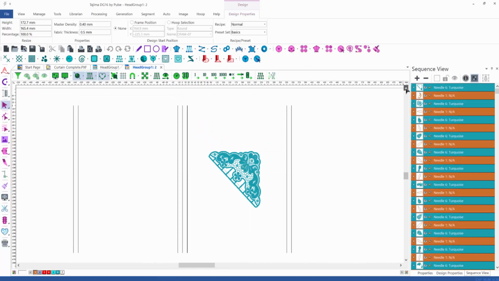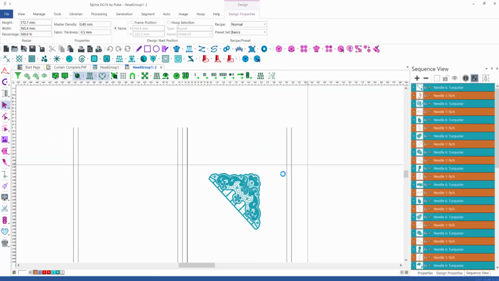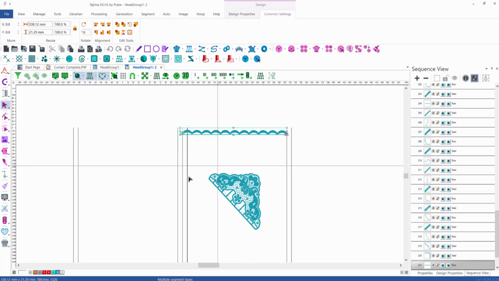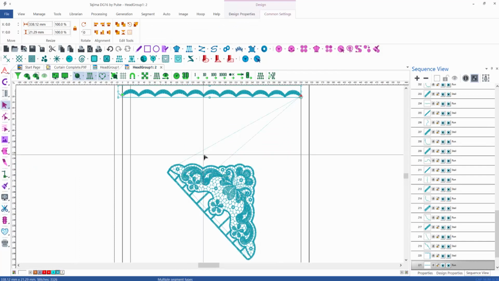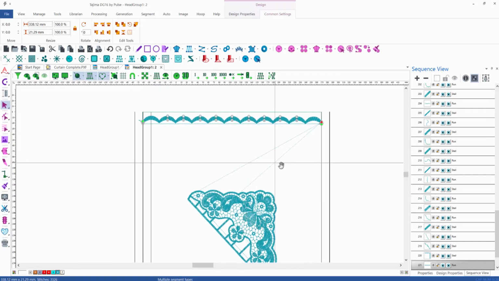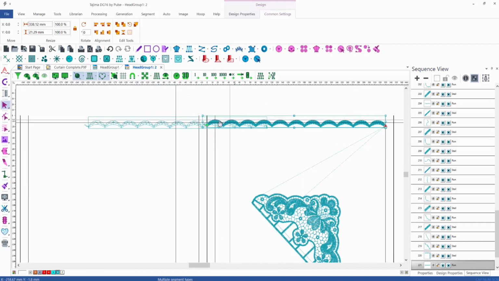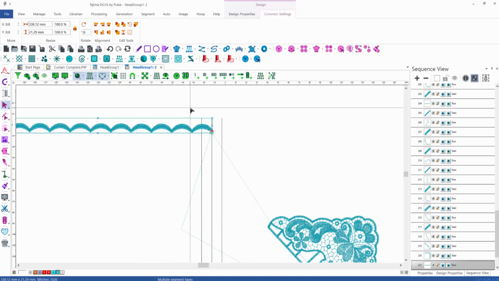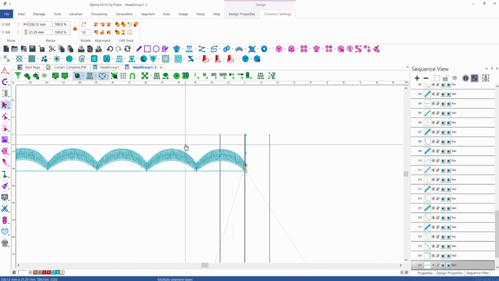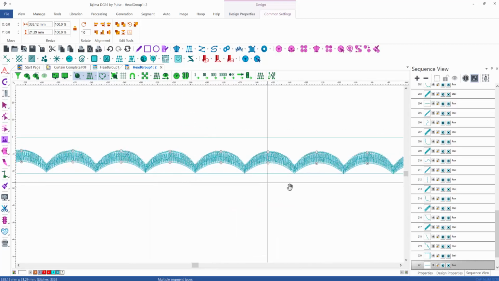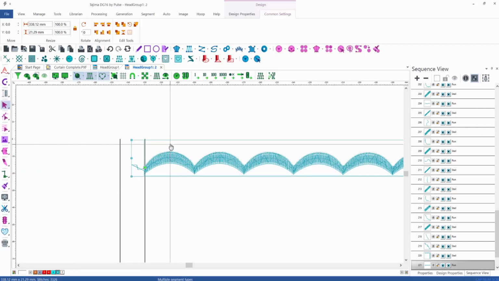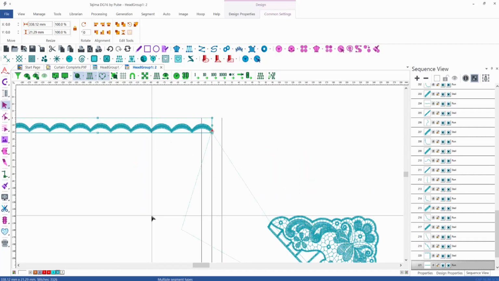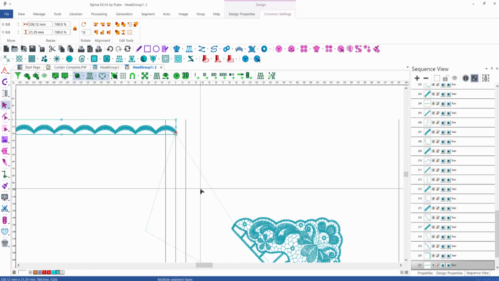So we zoom out and you can see a preview again of the embroidery area of the head we're using, in this case head number 1. I paste the scallops which I had copied before, and we're going to move them to the head which is on the left-hand side of head 1. In this case that is the embroidery area of head number 2, zooming in really big so I can position the scallops and the rectangle exactly where they are intended to be. And you see, that's why I created the rectangle,